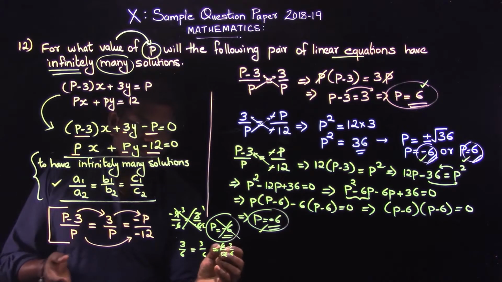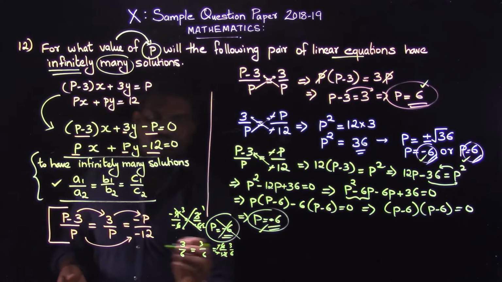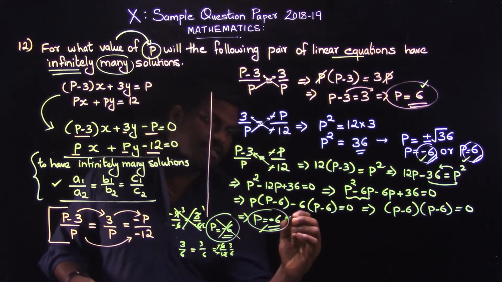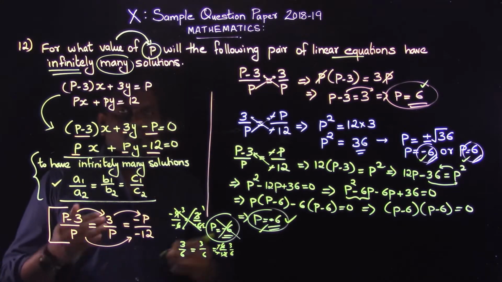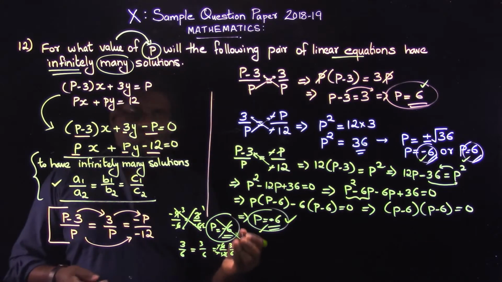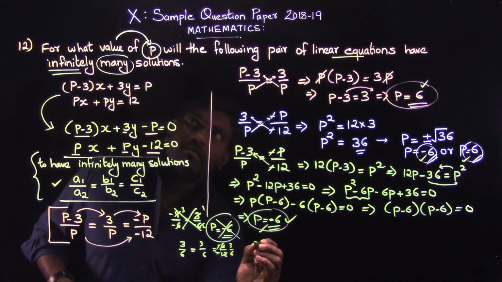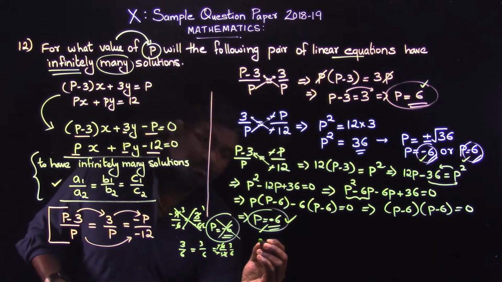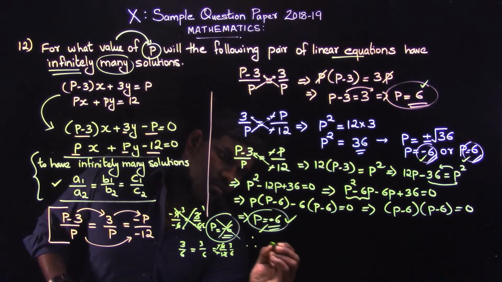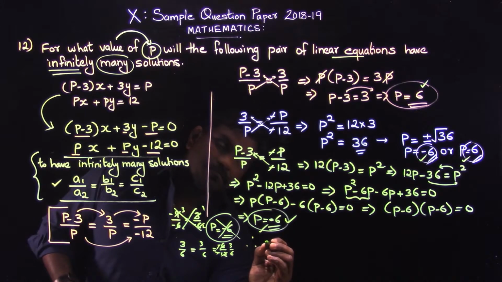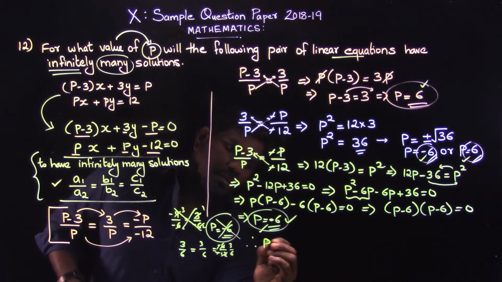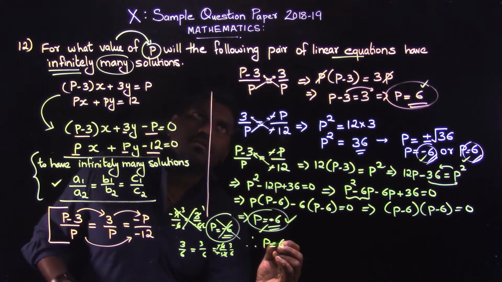So every time the sign also gets cancelled, so 3 by 6. Okay, so positive 6 is going to be your solution. So ultimately what you can write is that for what value of p, therefore, p is equal to 6,